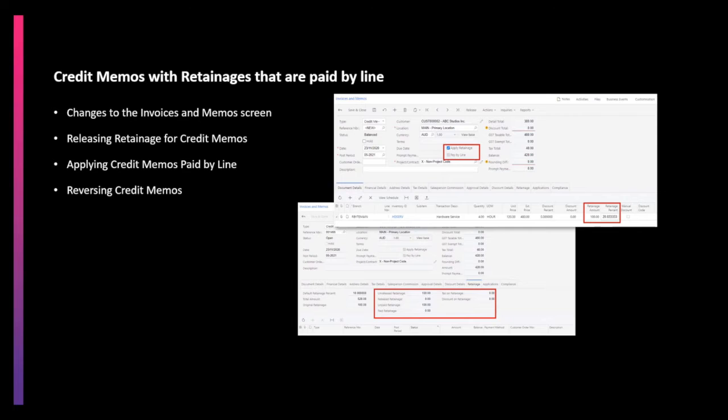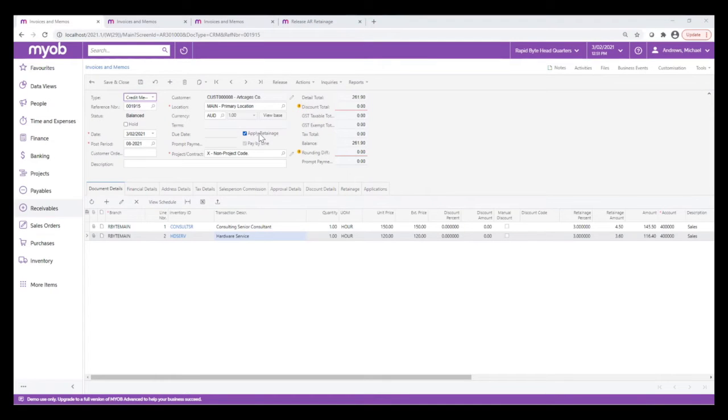In this release, retainage can now be applied onto the credit memos that are paid by line. Credit memos can be created manually on the invoices and memo screen, or can be created automatically from the proforma invoices. On the invoices and memo screen, while creating a credit memo, one can select either or both of the apply retainage or